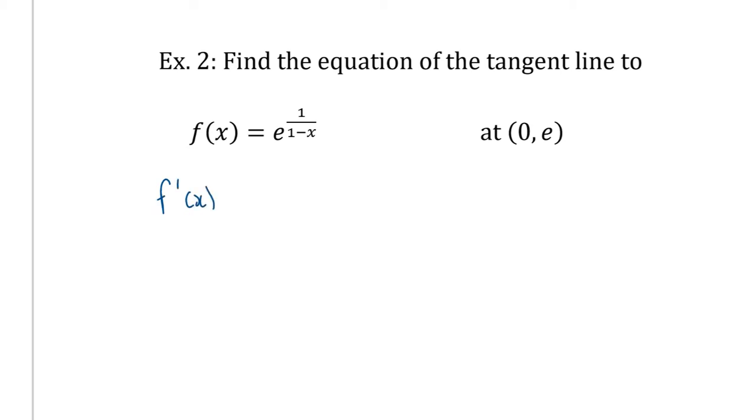Oh, actually, before I do that, I'm going to point something out because this is going to make our life a lot easier. Isn't this e to the 1 minus x to the negative 1? It is, because it's 1 over 1 minus x. So this is going to make our life a little bit easier writing it like that. Always be looking for those little tricks that help with efficiency, not just in terms of quickness, but make your life easier, right? So e to the 1 minus x to the negative 1